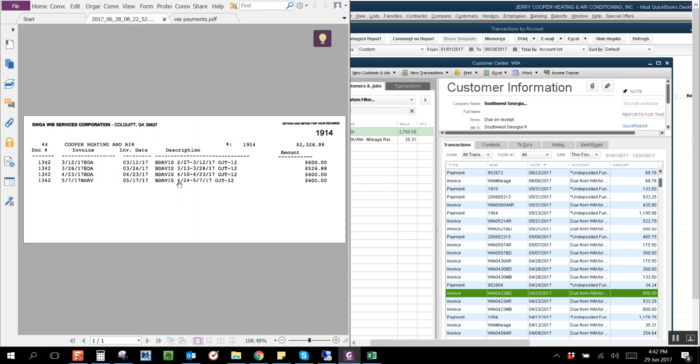WIA 0430 for the first half of the invoice. So it's here, WIA 0430, and it's for Brandon Davis, and you can see that it is 300. The other one should be dated 0507. So it's here, and you can see that this is 300 also. So all you have to do is apply this 600 to the two 300s. So this invoice will be closed.